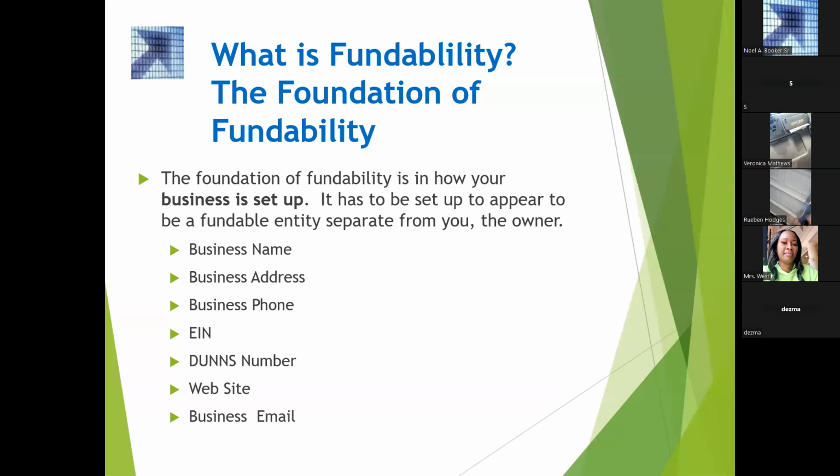And the third and last option is your home address. The reason the home address is the last option is because lenders and creditors do not perceive home-based businesses as being credible, but they look at it on a case-by-case basis. For instance, if you're a hairstylist, that sounds logical, that you could do hair from the house and be able to pay a bill. In contrast,